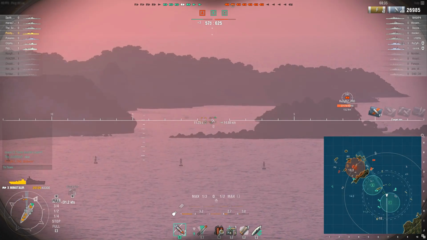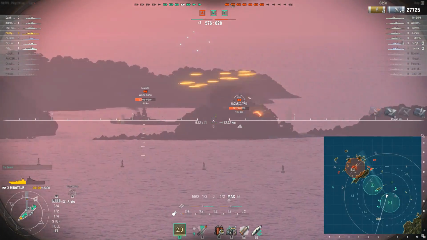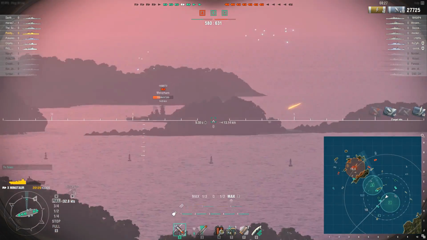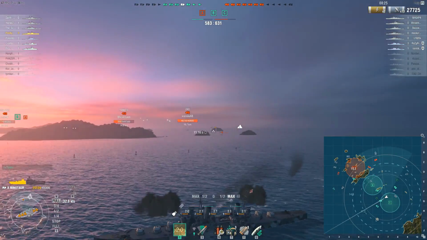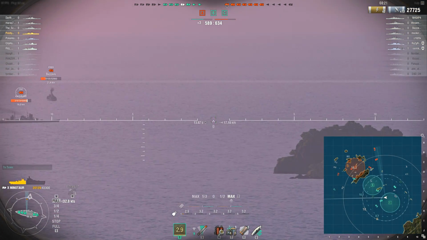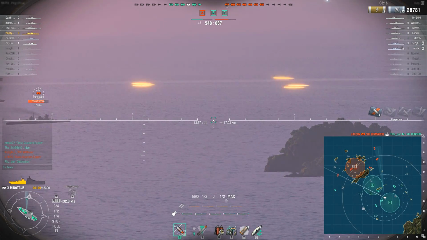Also, I'm not quite sure how that Yamato's not... Oh, there he is. Yeah, I'm not quite sure how he disappeared like that. The Yamato is not a particularly stealthy ship. So we can't get that. Zao. You do have to give quite a lot of lead. These are not super fast shells, and